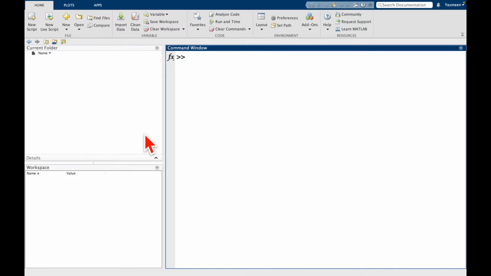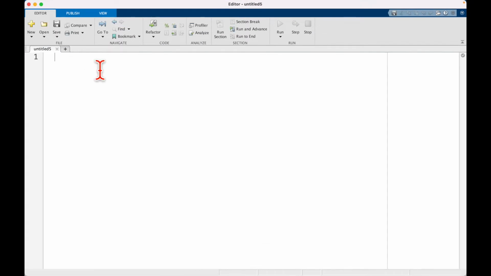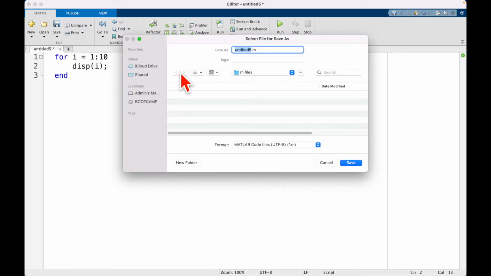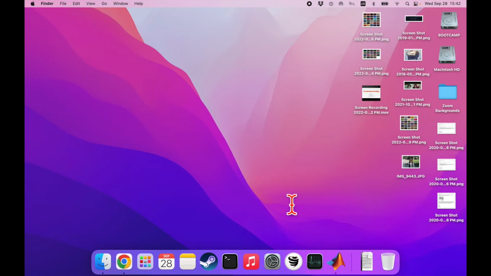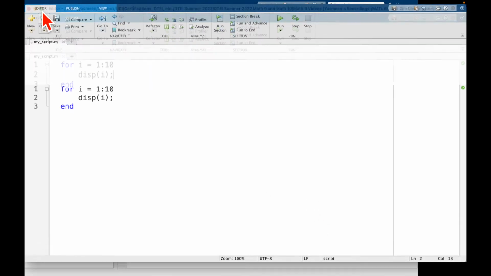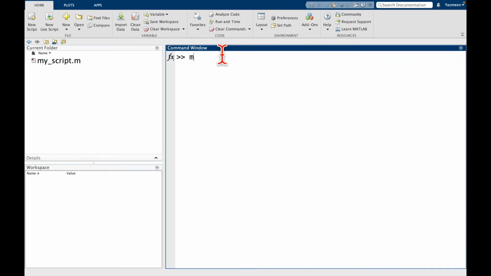Let's start with a brief recap of what we were talking about in the previous video. Again, I'm going to start by creating a script. And remember, we had said something like for I equal to 1 through 10. Let's say I want to just display I. Then let me save this as my script. And I can come back, whoops, wrong direction. I can run my script, and this displays 1, 2, 3, 4, all the way up